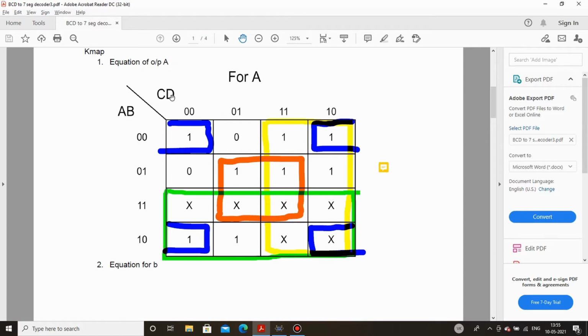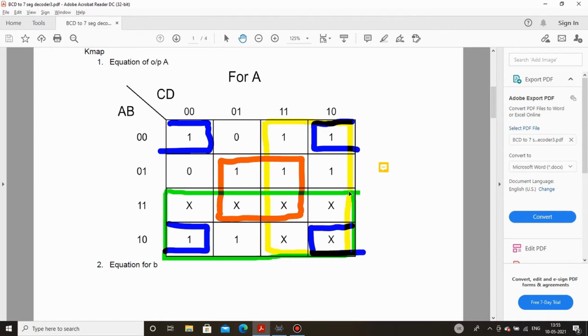So the equation for the blue color pair is B bar D bar. Now coming to this red color block, you can see here that B is 1 and it is same, and the same applies for D. D is 1 and remains same for both these columns, so the output will be BD.